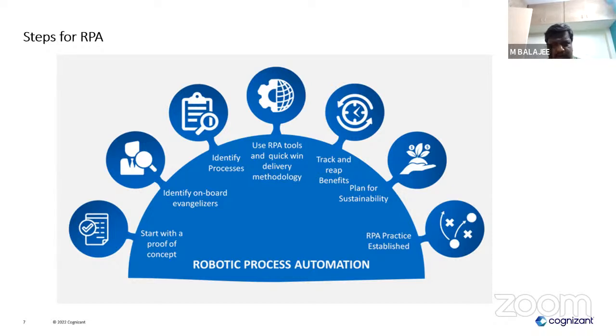Okay, and then identify the onboard evangelizers. Identify the processes which we are able to do, the list of processes, and use RPA tools and a quick win delivery methodology. To do this, we have more than 10 RPA tools in the market. I hope you have heard about a few tools like UiPath, Blue Prism, Automation Anywhere, and WinAutomation,